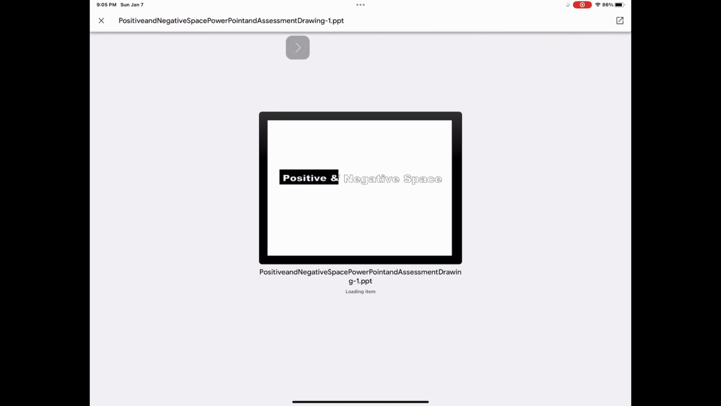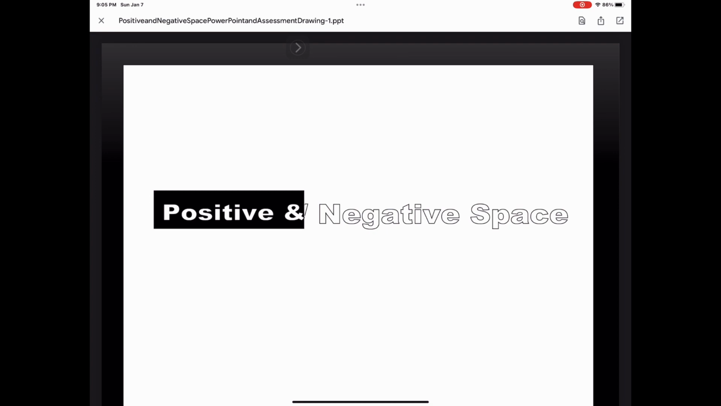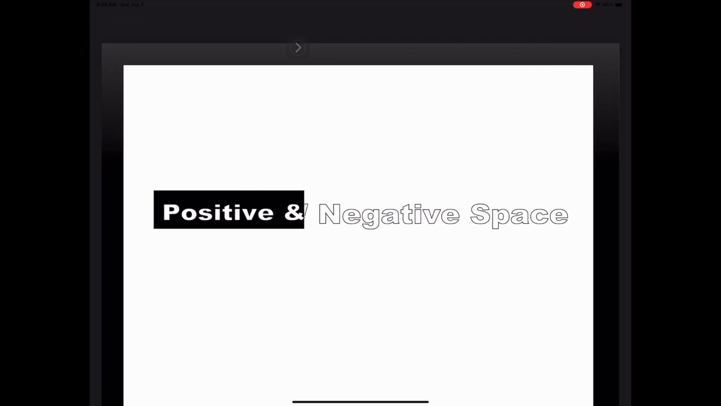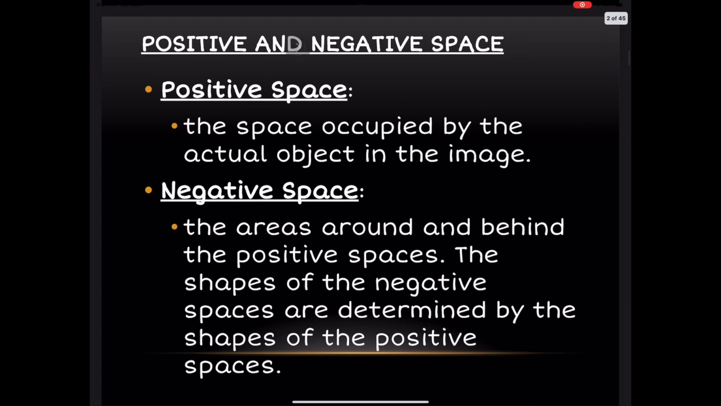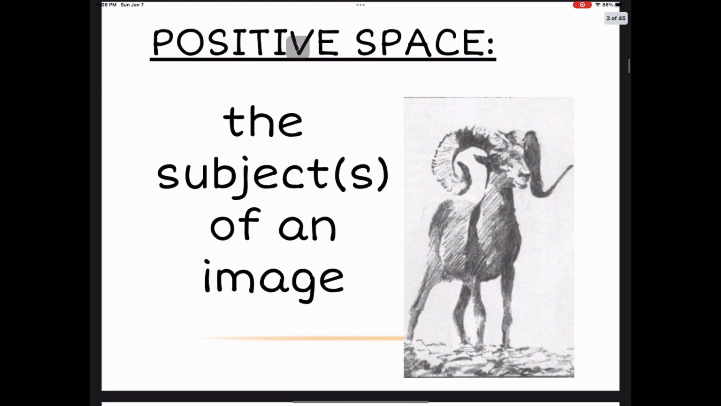This next thing we're going to look at is a PowerPoint that shows some more information about positive and negative space. Positive space is the space occupied by the actual object in the image. Negative space is the areas around and behind the positive spaces. The shape of the negative spaces is determined by the shape of the positive space. I know that sounds confusing, but when we look at a picture in just a minute, that'll make more sense to you. We're going to look at a sketch of a ram and understand positive and negative space